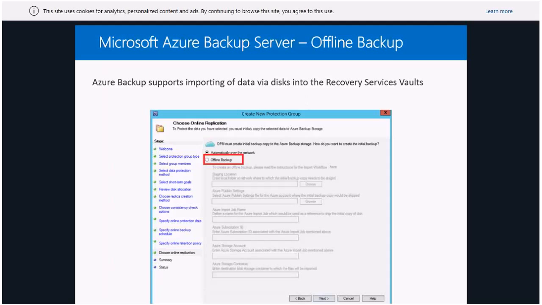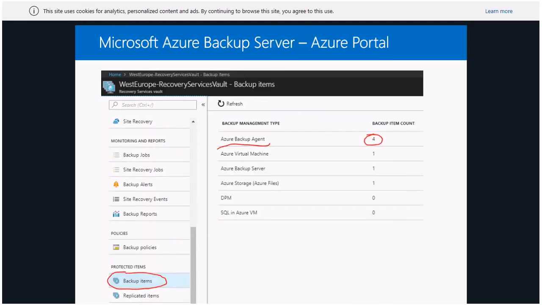Offline backup means you can have that backup on an external disk, and then ship that external disk to one of the Microsoft data centers, and Microsoft will import the backup from the encrypted disk into your Azure vault backup space. That could be an option as well.